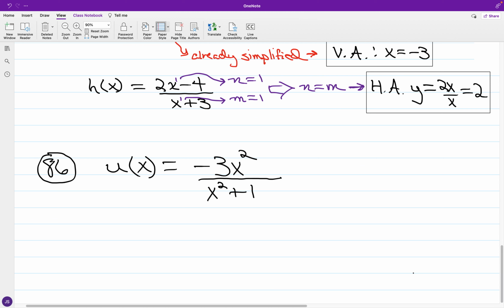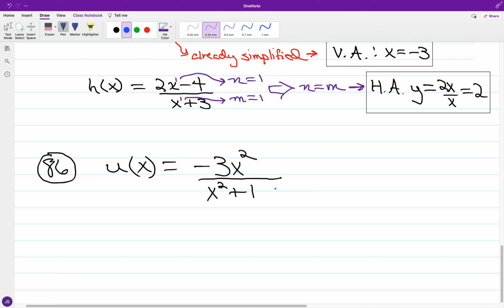And for this ratio, -3x squared over x squared plus 1, I'm just going to mention now,